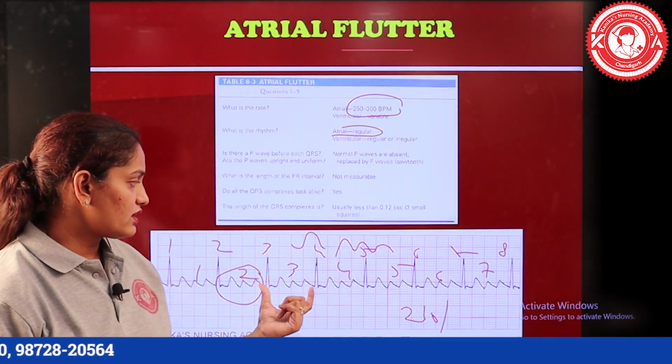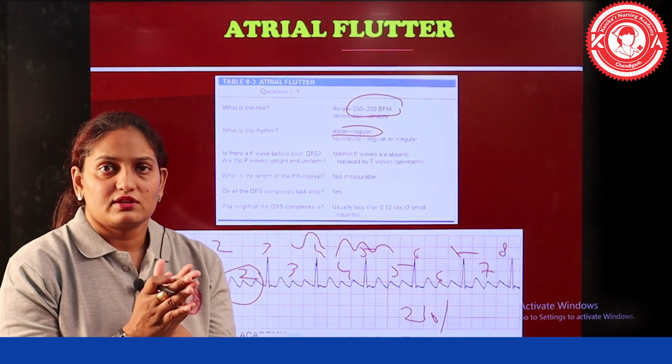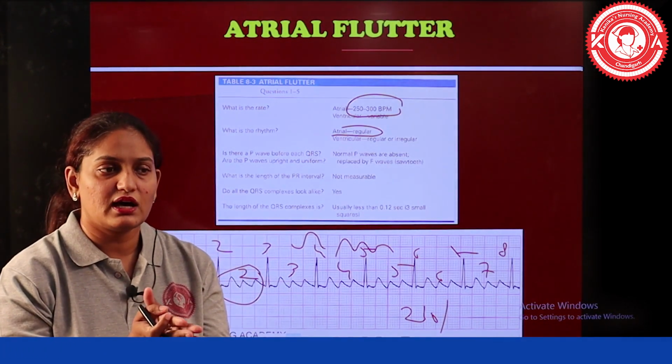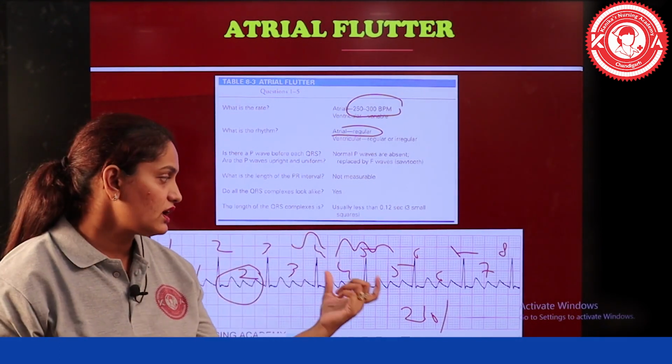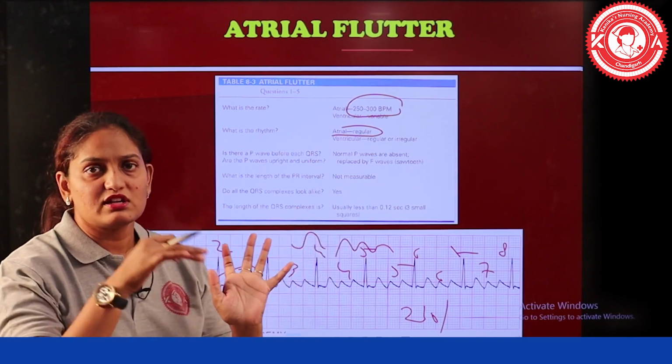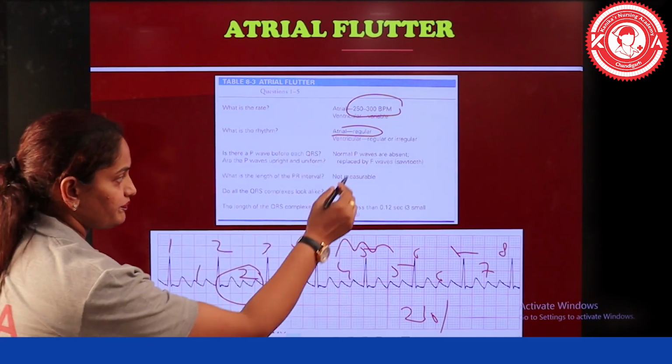Otherwise this patient with atrial flutter, and this is the second difference. First difference was the multiple F waves and second difference is disorganized signals. In case of fibrillation the signals travel in a disorganized fashion, but in case of flutter the signals travel in an organized fashion across the areas of the heart.